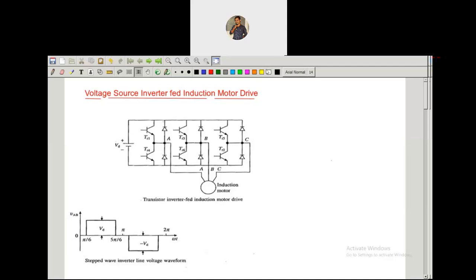Okay, dear students, in the previous lecture, we observed the stator voltage and frequency control of the induction motor. That is, we have seen the speed-torque characteristics of an induction motor with stator voltage and frequency control. That is voltage-by-frequency controlling, right?